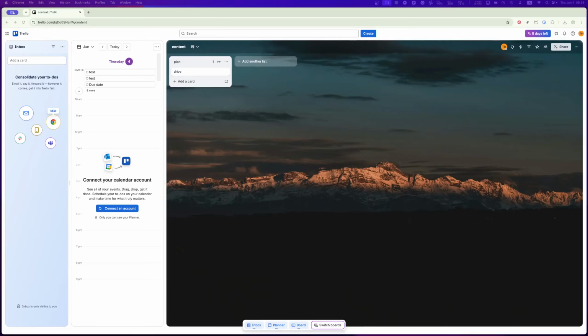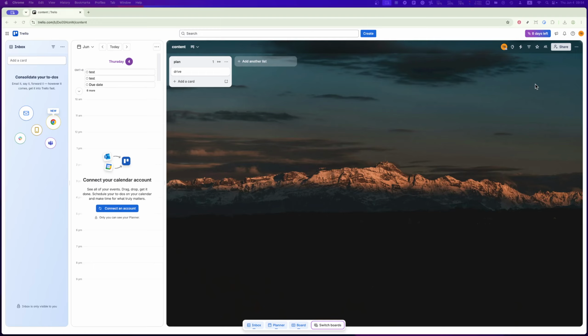In today's video, I'm going to teach you how to connect Trello to Google Drive. If you're looking to streamline your workflow and keep your files and tasks organized in one place, integrating Trello with Google Drive is a game changer. This integration allows you to attach files, create new Google Docs, Sheets, or Slides, and even link entire folders to your Trello cards, making collaboration and file management effortless. By the end of this tutorial, you'll have everything set up and ready to go, so let's dive in and